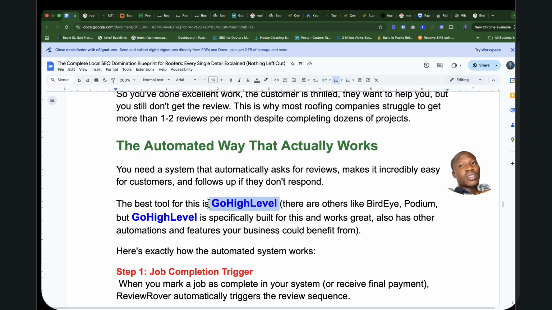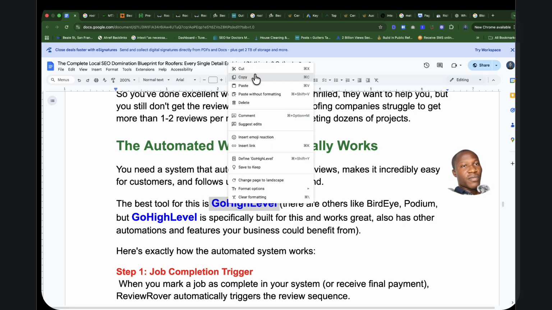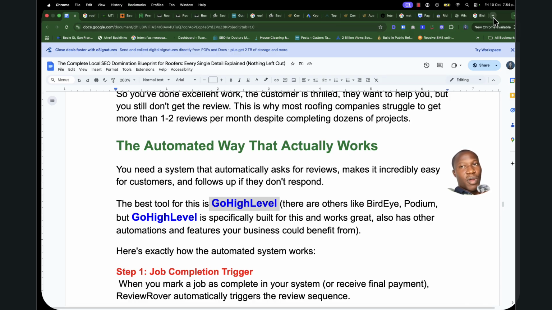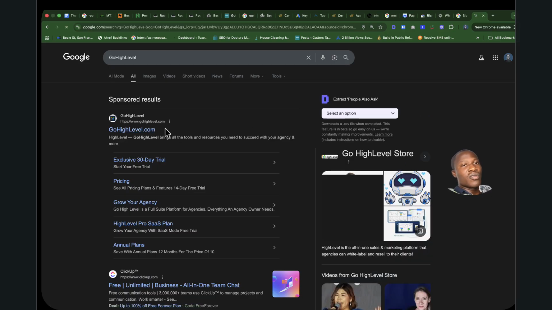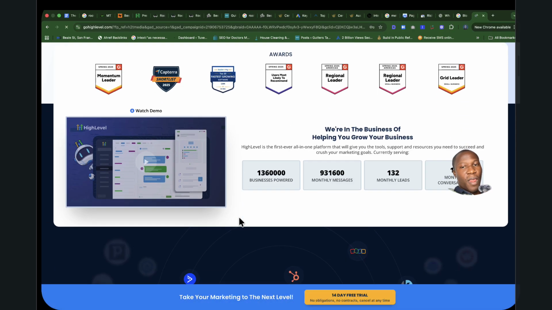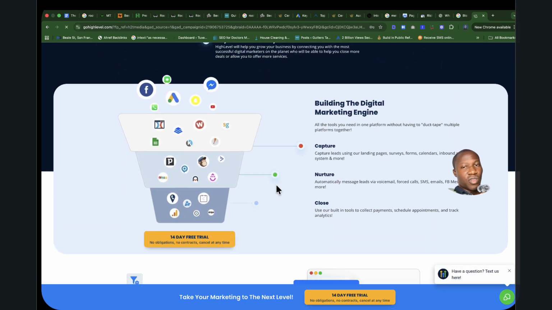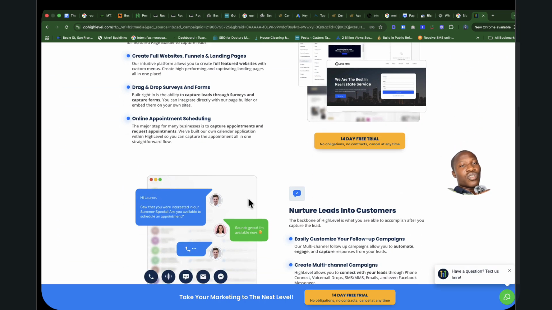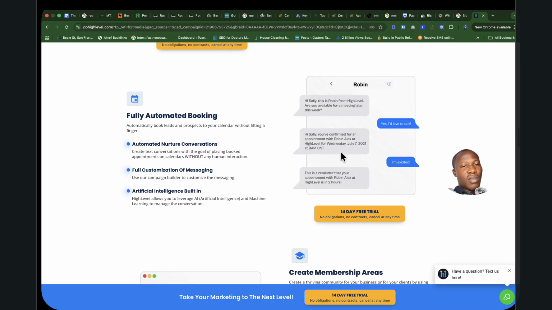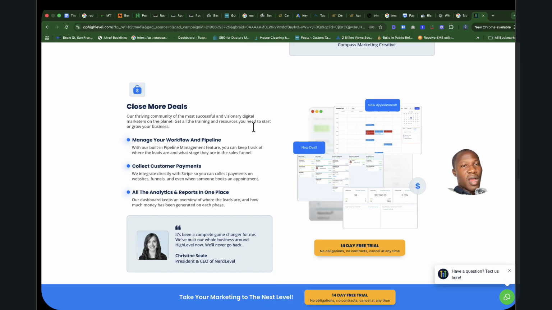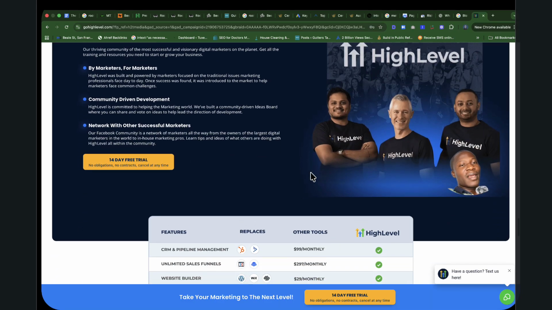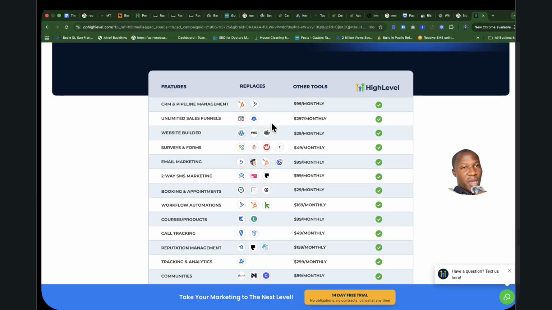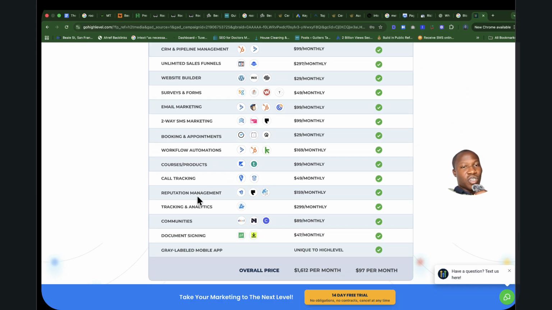The software you can use to do this is Go High Level. It's an automated sequence that you can use to do all sorts of things, from setting up a call to answering customers, capturing and nurturing leads, scheduling appointments, a fully automated booking system, membership area, and closing modules with it. Grow your business with it, auto review collection. It's crazy. It can even accept calls on your behalf. This is how powerful reputation management does all of these reviews for you, basically.